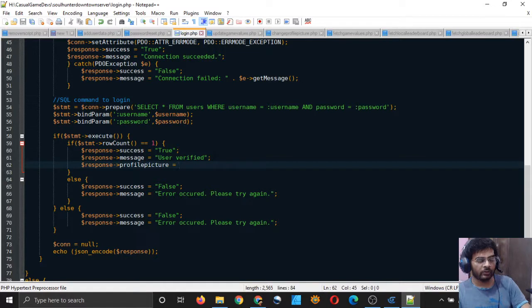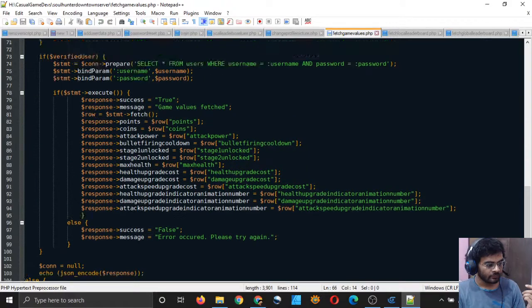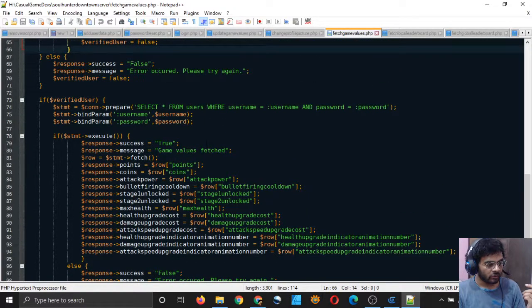So first of all, the result which we got from this MySQL statement is stored in the $stmt variable. We want to get that result out of that variable and store it in an associative array. And to do that, we have a command. Let me get it from here, and that command is $row is equal to $stmt arrow fetch.